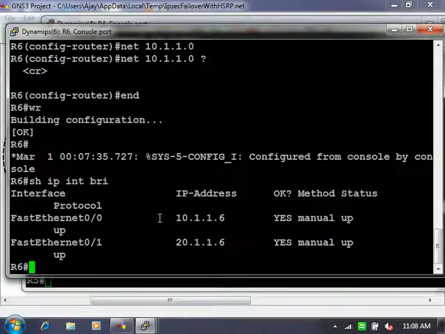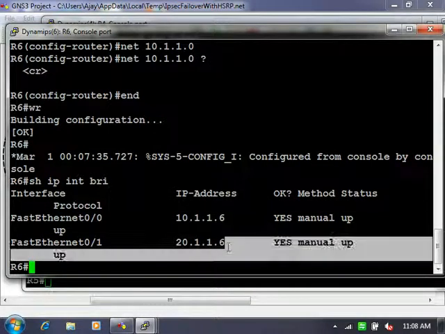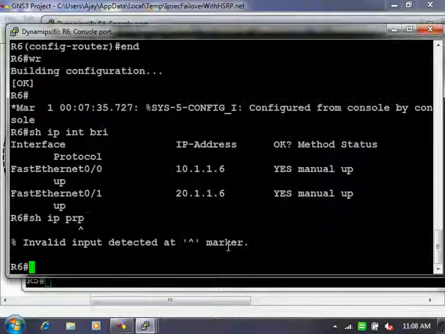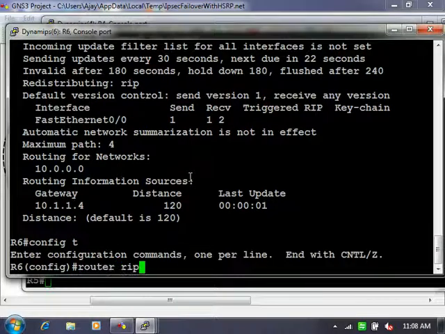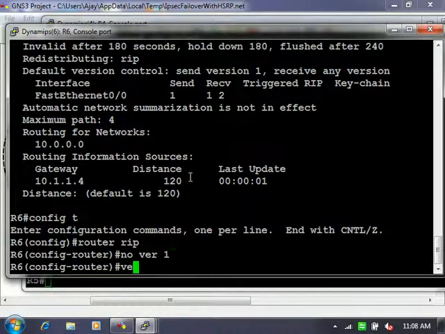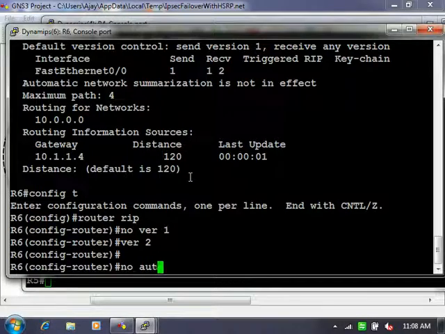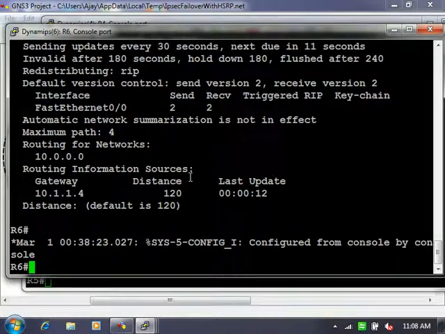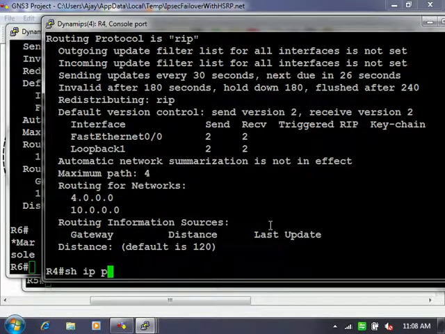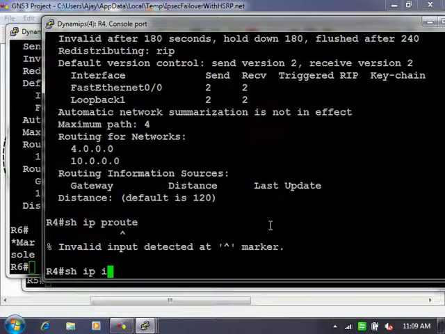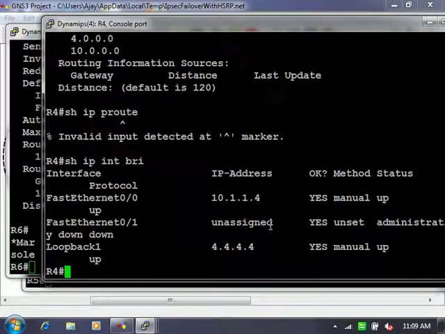So IP interface brief, one private network, one public network. Show IP protocols, RIP version 2. You have the 10.0 network advertised, meaning you are synchronizing the routing updates with your internal network. Why did I take one more network in R4 internally? Just to check that RIP is working fine, because you don't have any way to check the neighborship.